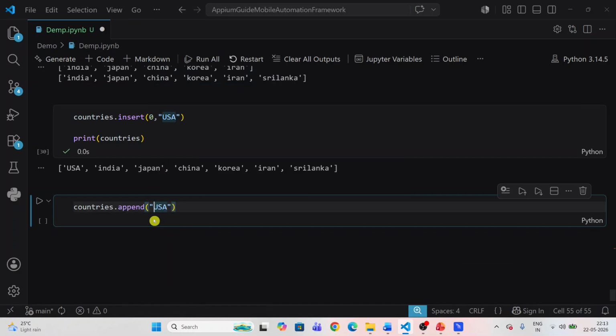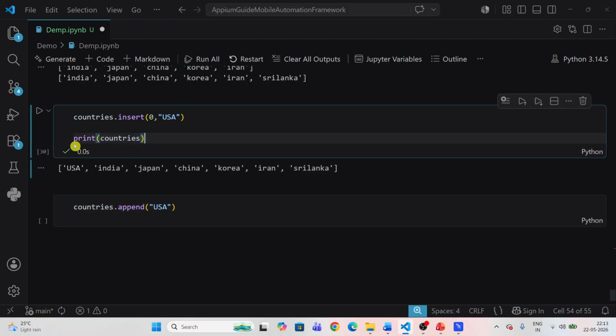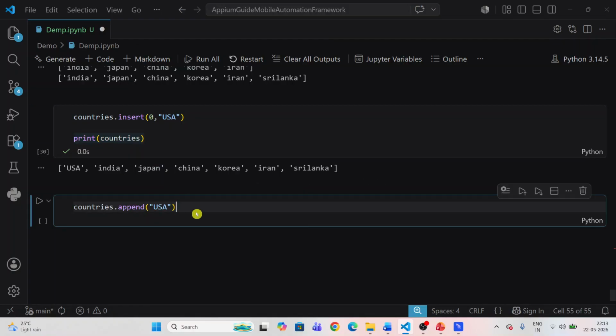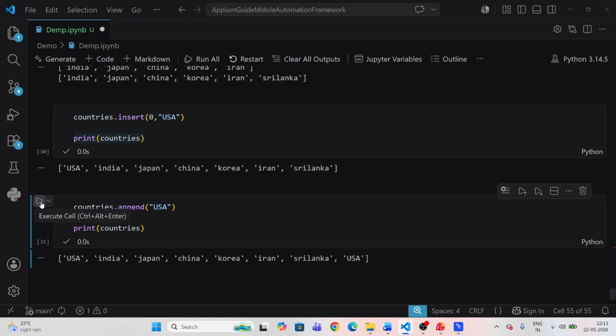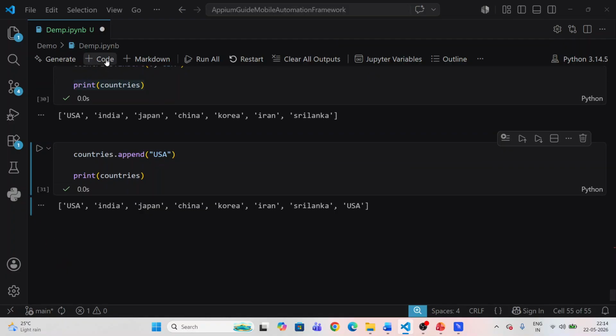So see, the list will accept duplicates. I want to prove it here, so we'll check whether the list accepts duplicates or not. Click on run. It means the list will accept duplicates. We have two countries with the same name, USA. So I want to know how many elements there are with a similar element here. So I will use one method called